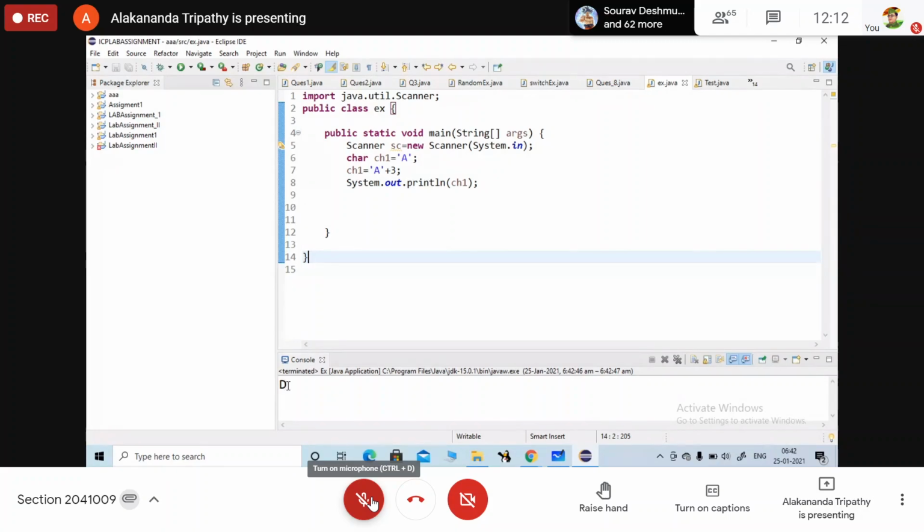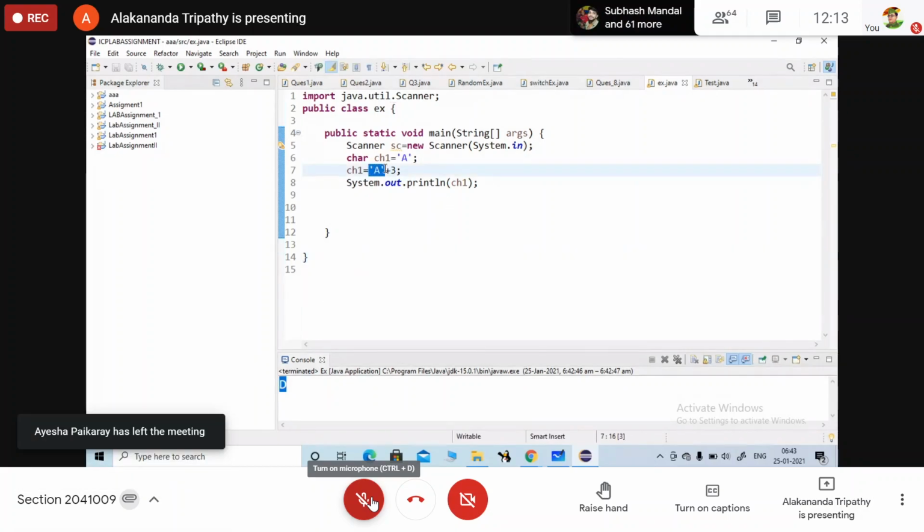D. Why? Let me come to the point here. What is happening? It is internally performing the typecasting. What is here? A. What is the Unicode value of A? 65.